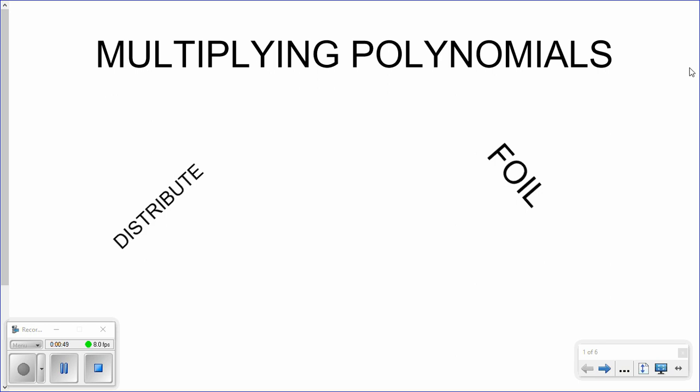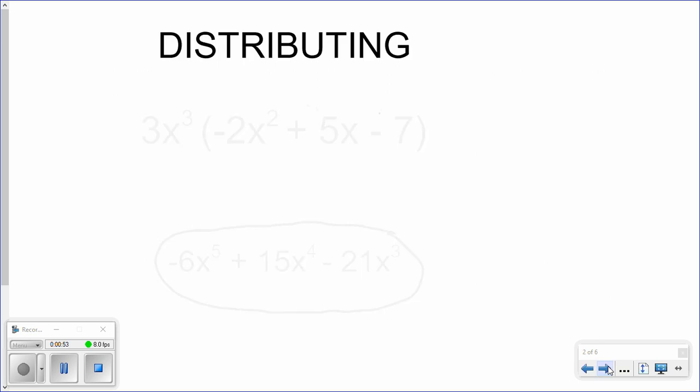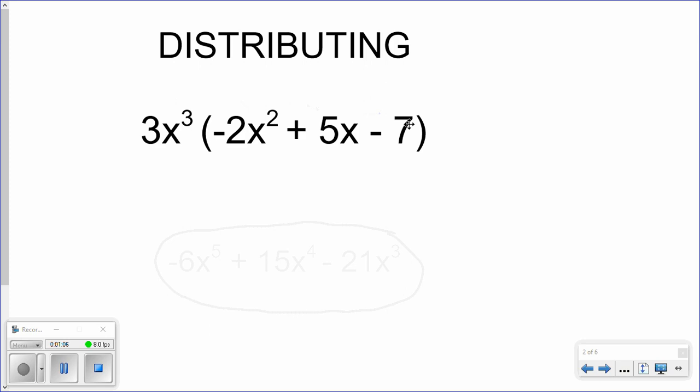Okay, so let's go ahead and give this a try. So one of the first things with multiplying, basically we're just doing the distributive property when we multiply. So the first method is straight up distribution. Just do the distributive property to get it going. So here's an example. We have this monomial, 3x cubed, times this trinomial, negative 2x squared plus 5x minus 7. And we're going to multiply these just by distributing this term, which is very large, I know, to each of